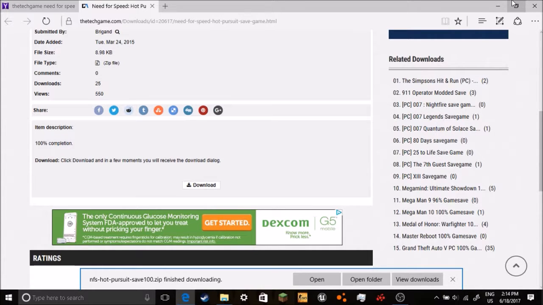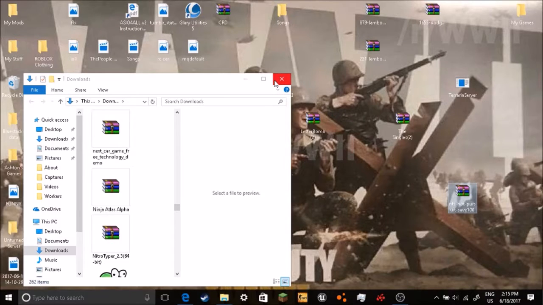There it is. You just want to drag the zip file to your desktop so that it's easy to get to. Alright. Then you're going to want to download a program called Horizon. So I'll show you how to download it. So you just go to